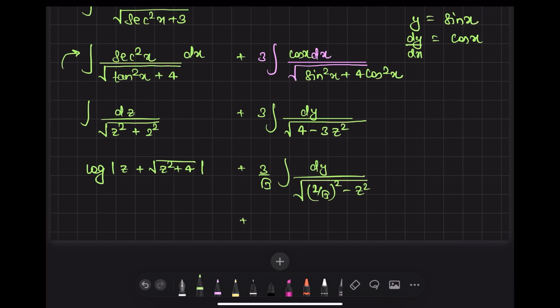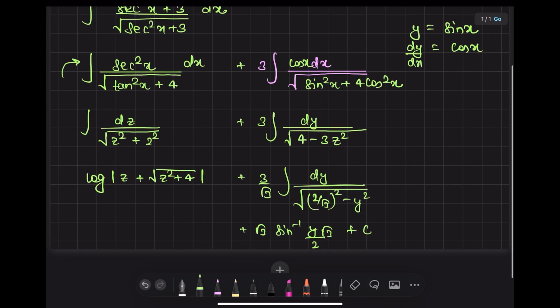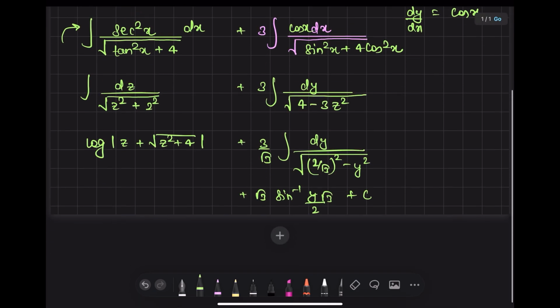Do you remember that one? Yes. So can I write sine inverse x by a? Who is x? x is z. Who is a? 2 by root 3, plus c. Here I have to write y, sorry, here is y square. Here is y. Now you have to replace z with tan. I'll write